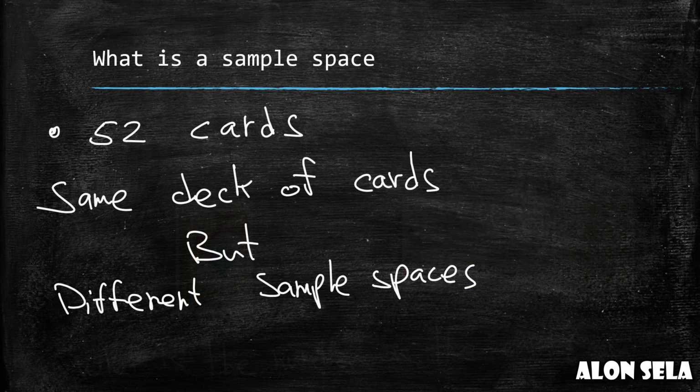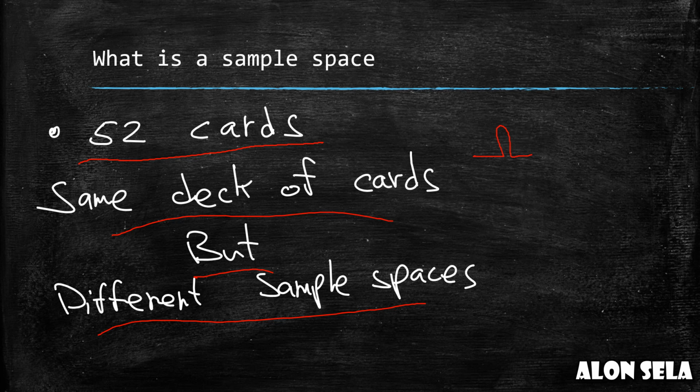So what we've seen so far is that we have a deck of cards with 52 cards in it. We are randomly selecting one card from the same deck, but we have different sample spaces, and this is because each time we ask a different question. So the sample space omega depends on the question or the experiment that we want to check,